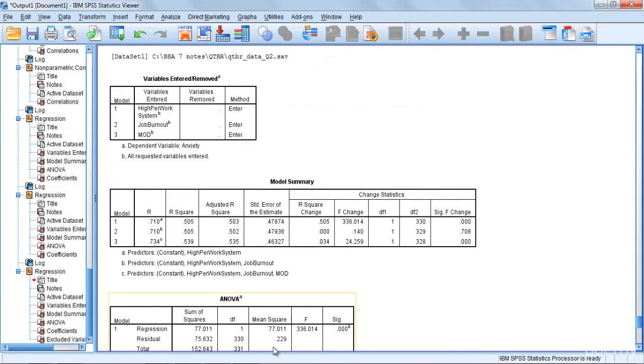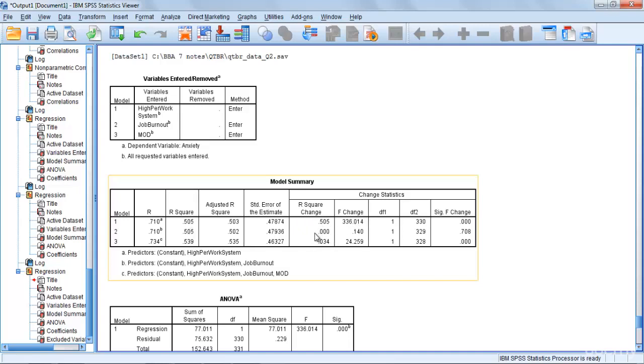There is a model summary, and there is an ANOVA test in it. These are the R square values that you're going to write in your table, and these are for model 1, model 2 and model 3. And how you're going to get R square change: you're just going to subtract first from second. This is the second R square change,